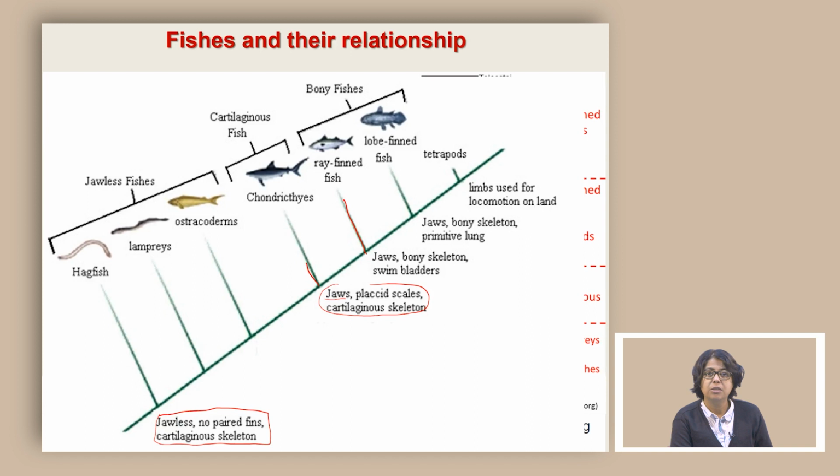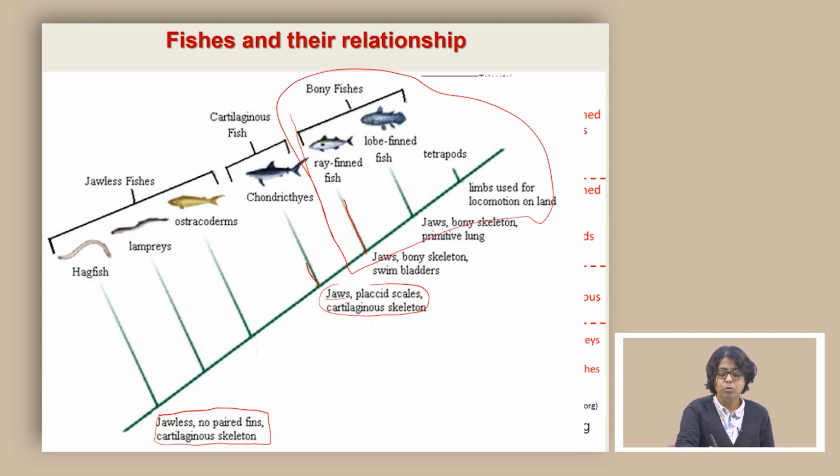So, for today's discussion, we are going to focus on this part where we are primarily looking at bony fishes, and we are going to see how some of these bony fishes show a transitional phase from fishes to tetrapods. By tetrapods, we mean organisms that have 4 limbs, because tetra means 4 and pod literally means limbs. So, from fishes which can swim to organisms which have 4 limbs and which can walk, we are going to see that transition.